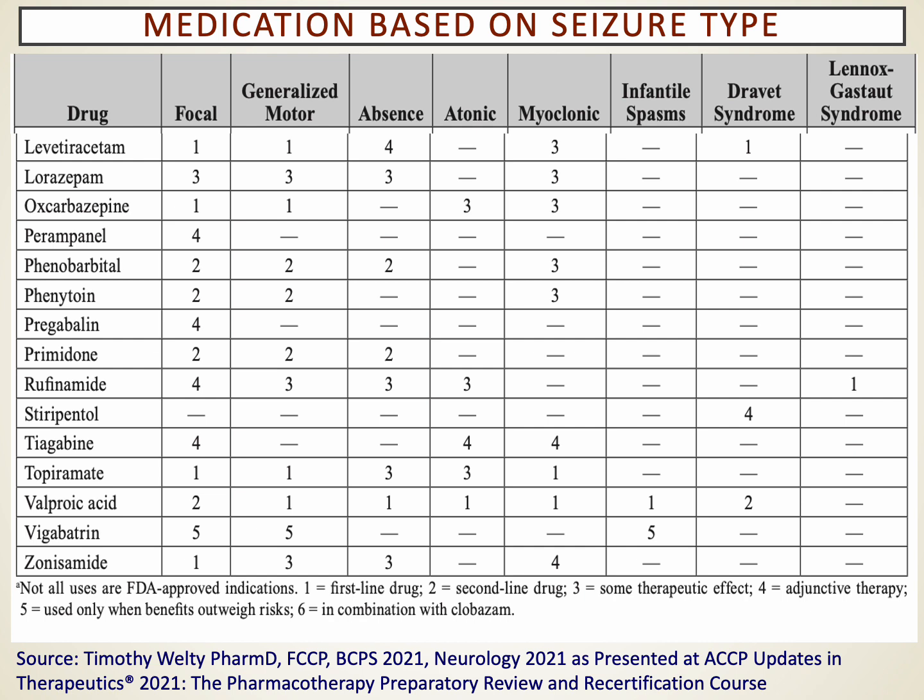The second half of this table lists agents as well. For focal seizures, the only really first-line agents here are oxcarbazepine, which is like carbamazepine, or zonisamide. For generalized motor seizures, again, oxcarbazepine is listed, but also topiramate, and valproate, valproic acid, is also first line down the list. For absence seizures, really the only agent that jumps out here is valproic acid, or Depakote. And finally, for status epilepticus, lorazepam or benzos are your first choice.